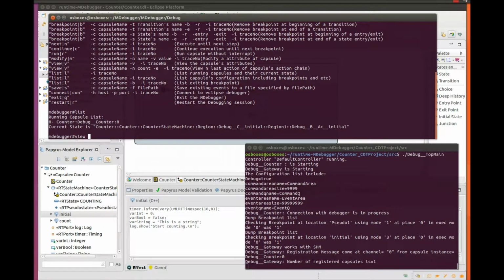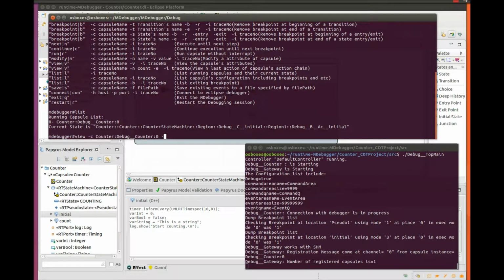Actually we can check that using a second command, the view command, to see the values of the different attributes. So if I use the command view and the name of the capsule instance, counter.0, let's copy that for future use.